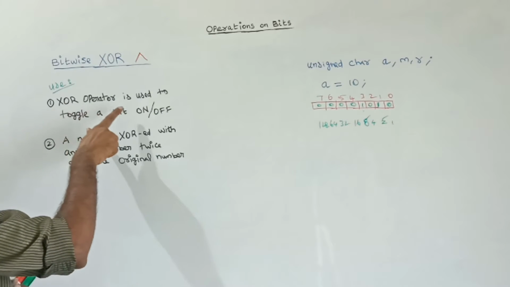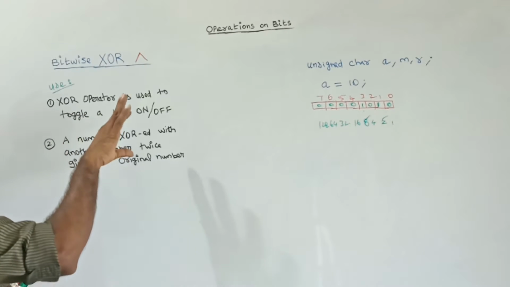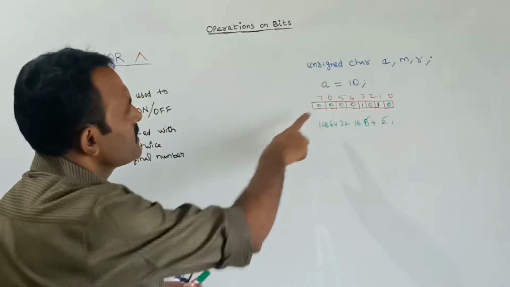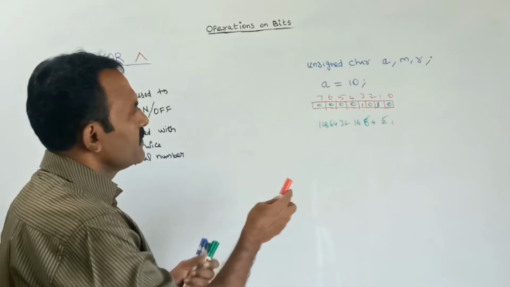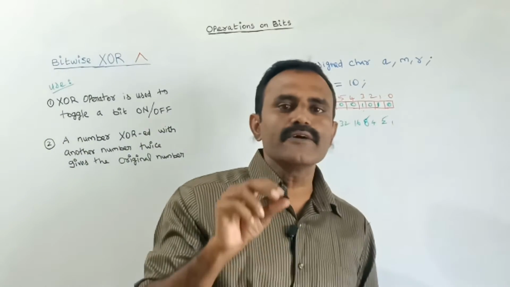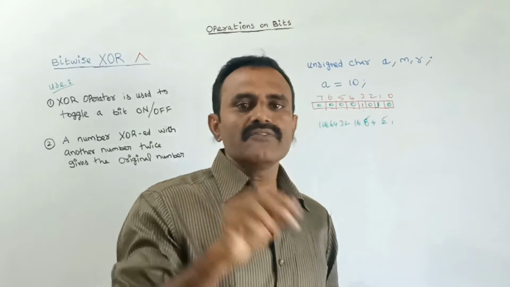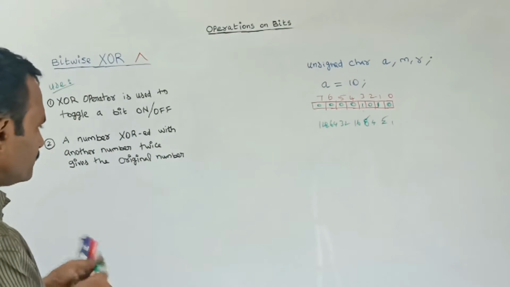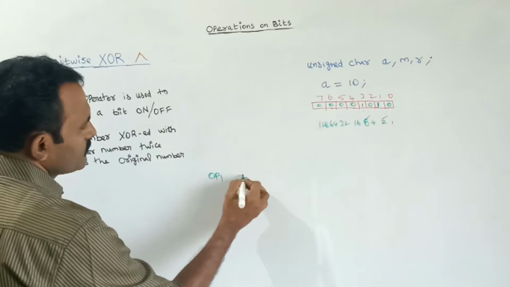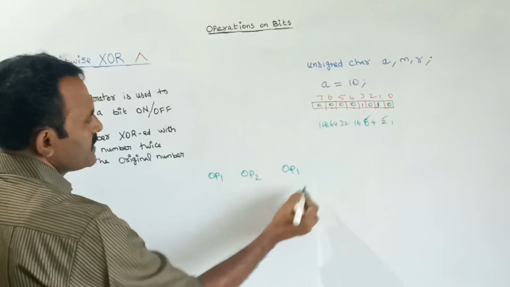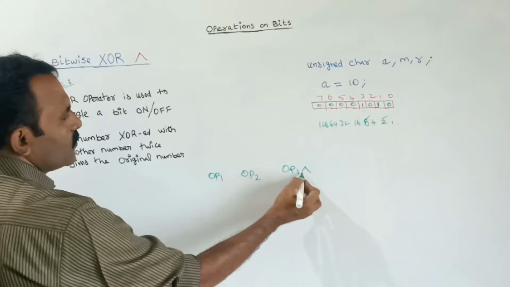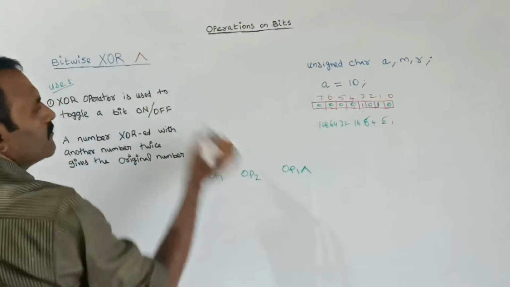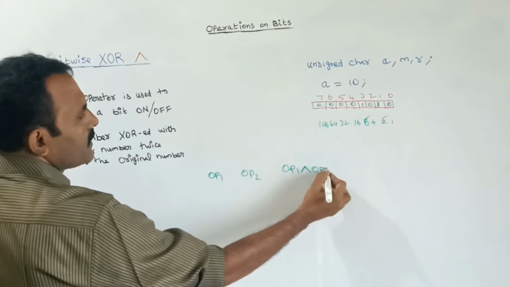Here, by help of this XOR operator, we can change a bit of an operand either on or off. This is the binary value. Before that, let us see the truth table of the bitwise XOR operator, which we already studied. What is the truth table here? This is the syntax: operand 1, then for XOR we should use this cap symbol, next operand 2.